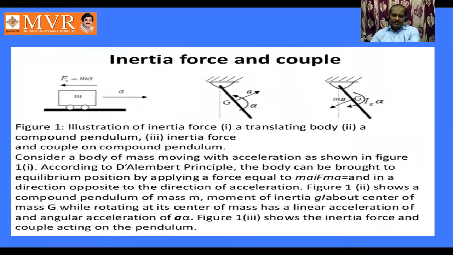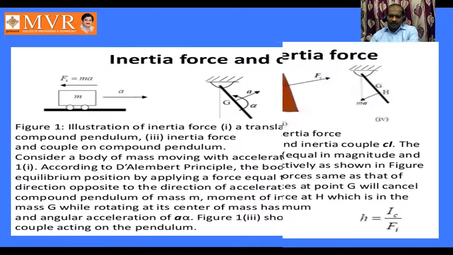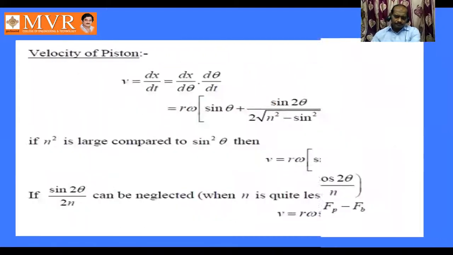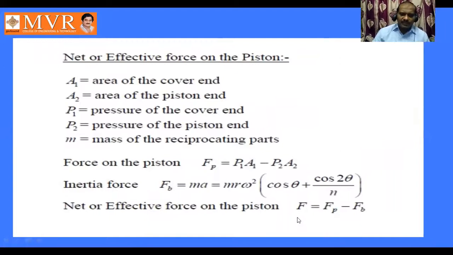In the cylinder crank mechanism, the reciprocating part is going to be the piston, and we are going to have three points. One is the crank angle, and the second is the two rods, the connecting rod, L1, L2, L3. Here by relation you have to remember that the net force on the piston, that means on the sliding member, is equal to Fp minus Fb. So Fp is equal to P1 into A1 minus P2 A2, that is the pressure force on the piston. The inertia force is represented by Fb. Once again you can calculate based upon this theta. So this is the net force acting on the piston.